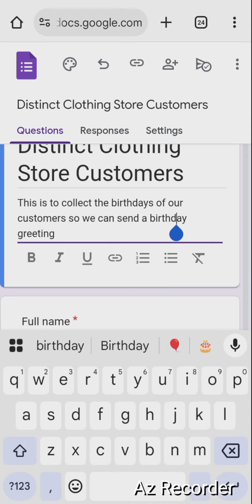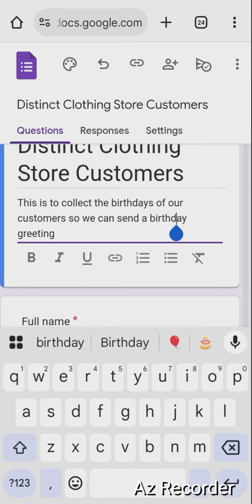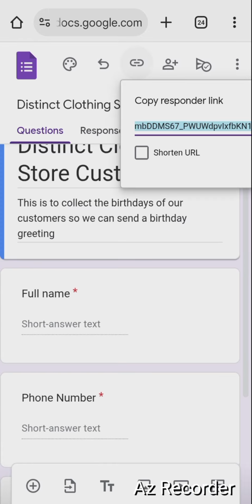If you're not able to do it this way, you can also come here. I call it a cylinder with a dash in between, the third icon from the right towards the left, or basically the middle icon. When you click on that, it gives you this. But I'm not able